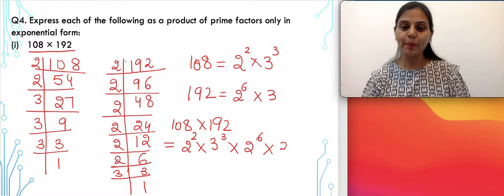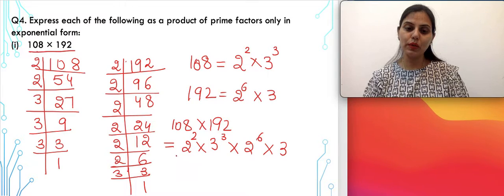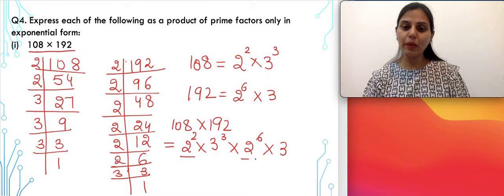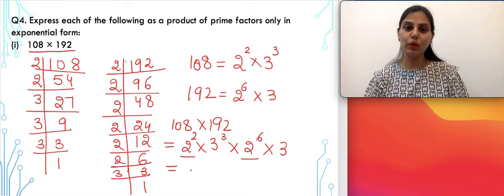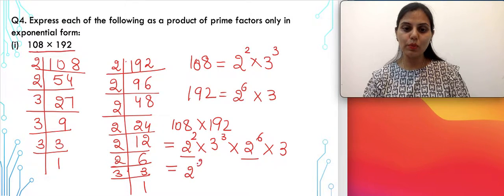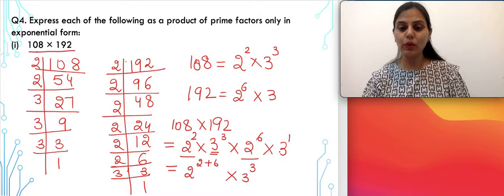multiplied by 3. Now, I hope you remember the laws of exponents. 2 square multiplied by 2 raised to the power 6. Since the sign between them is multiplication, so we are going to add the powers. 2 raised to the power 2 plus 6. Similarly, for base 3 also, we have one power as 3 cube and the other power is only 1. So we are going to add 3 plus 1. So the answer can be written as 2 raised to the power 8 multiplied by 3 raised to the power